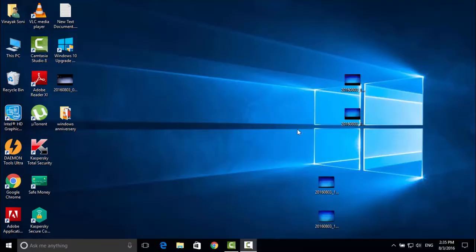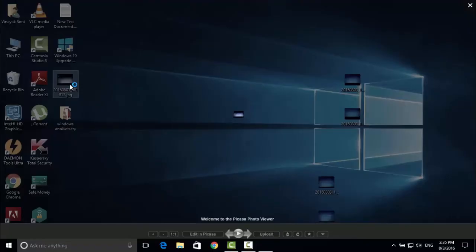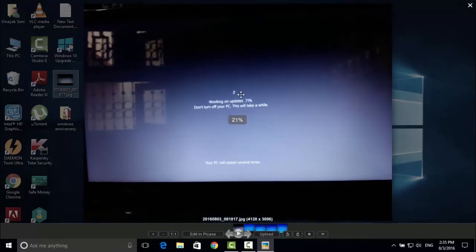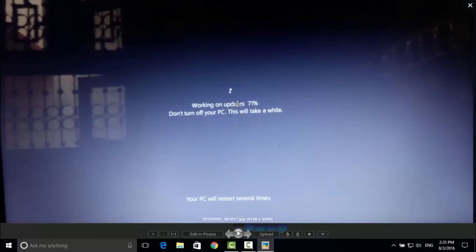Hi guys, as you can see I have updated my Windows successfully. Within this time some changes occurred. So what happens when the system is shut down, I will be showing you. When the system is shut down, it was restarted and one Windows appeared which looks like this, and this process continues from 0 to 100%.